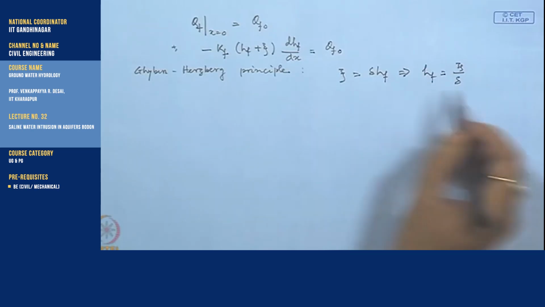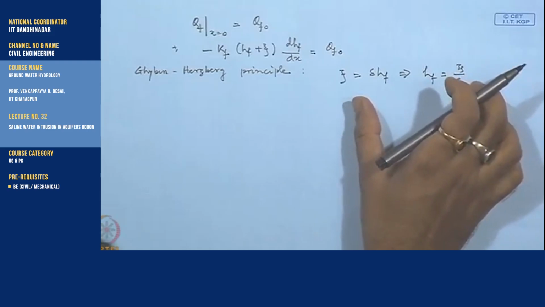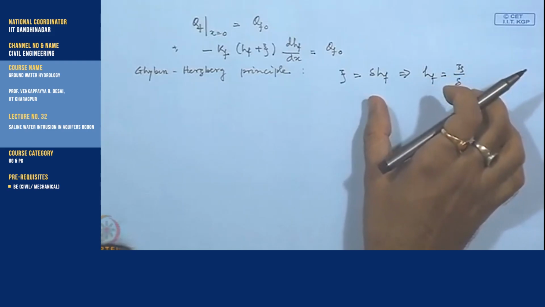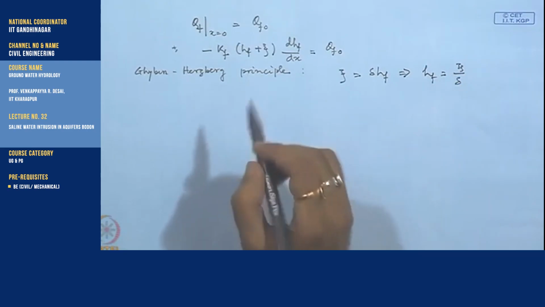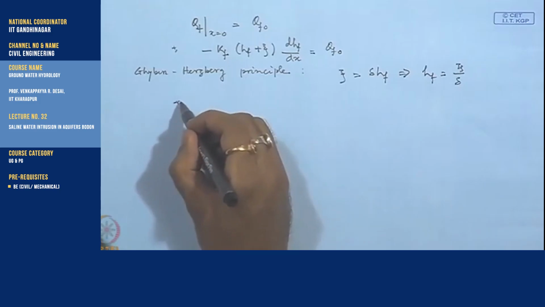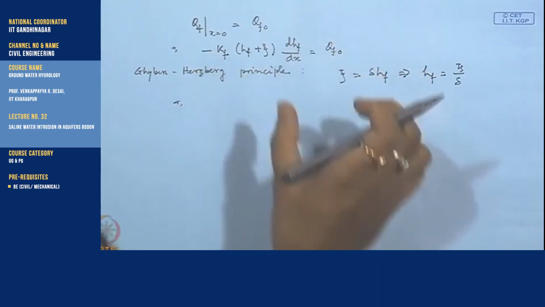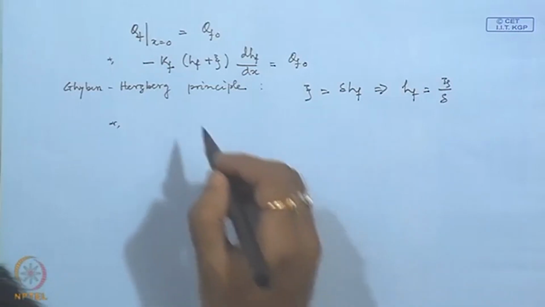Now, using this Ghyben-Herzberg principle relationship, we can simplify our basic equation as